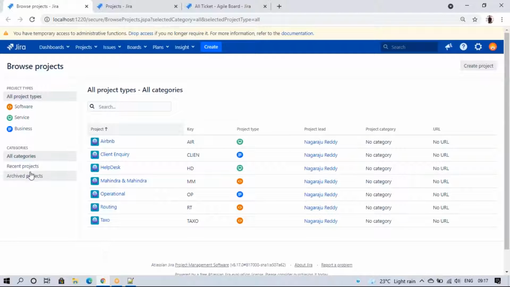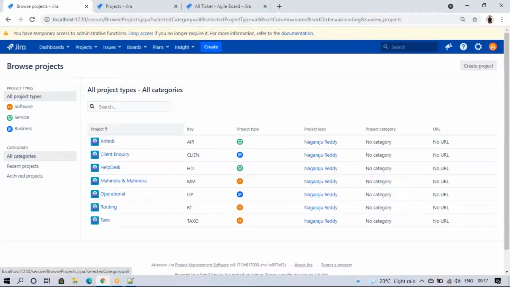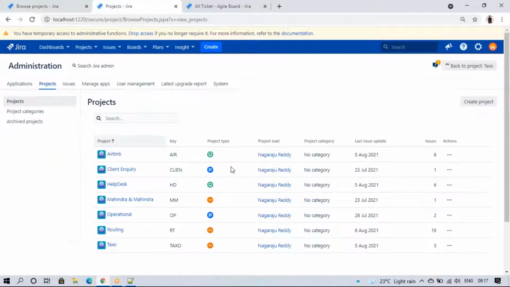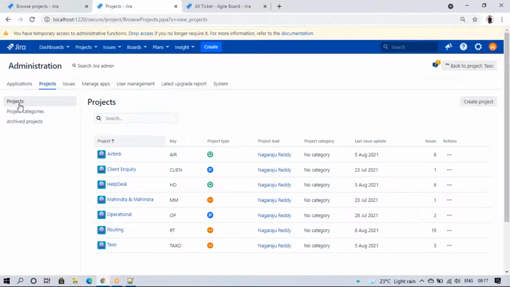Okay. For example, if I click on recent projects, I have a recent project list. If I click on archived projects, I have only all categories. But what we can do here, you can see project categories here. The list is different. Here software, service, and business are the categories. But directly here, project categories are like archived projects. If I click on project categories,